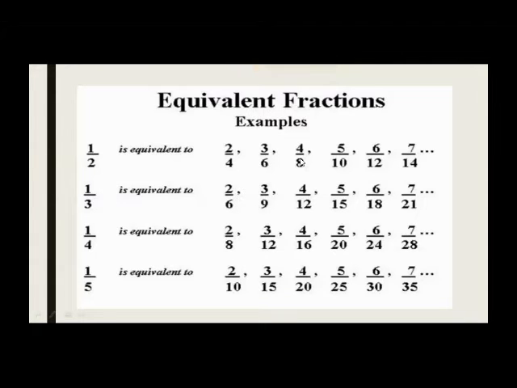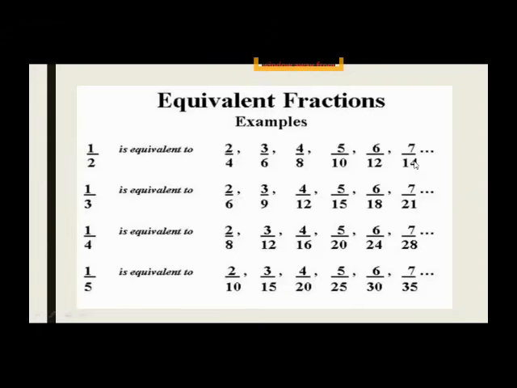Now move on. This is 4 upon 8. So when you multiply it, 1 fours are 4 and 2 fours are 8. Same as you multiply this 1 upon 2 with 5. So 1 fives are 5 and 2 fives are 10. So this becomes 5 upon 10. Now in next you will multiply it by 6. 1 upon 2 multiplied by 6. So 1 sixes are 6 and 2 sixes are 12. And then 7 upon 14, 1 sevens are 7 and 2 sevens are 14.